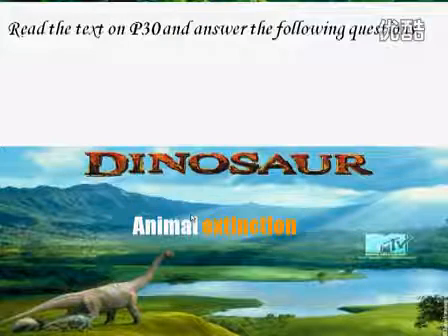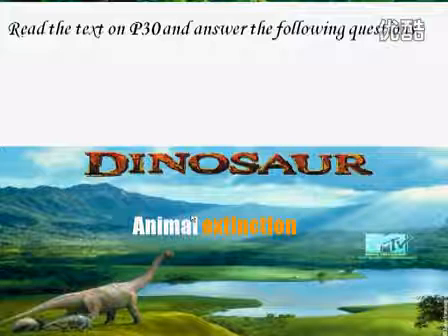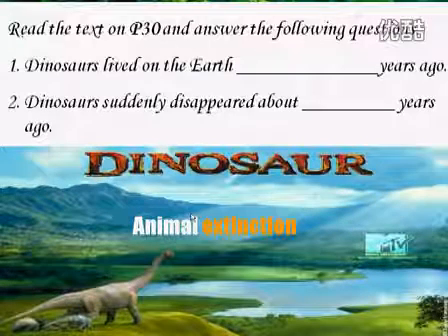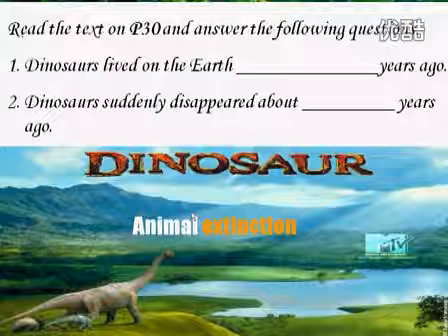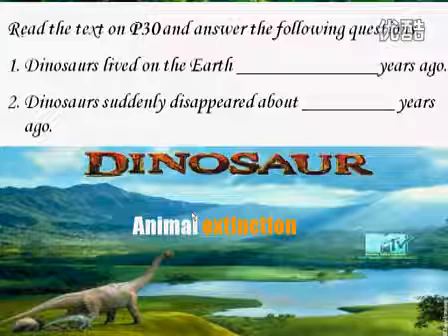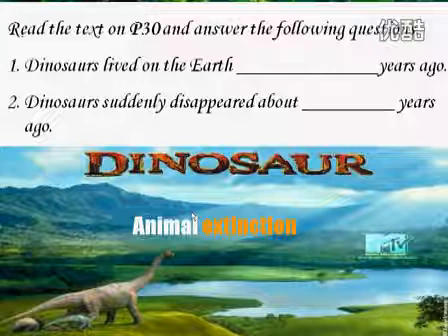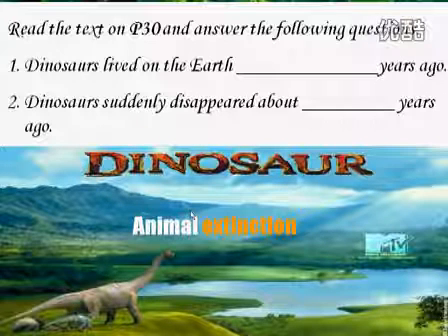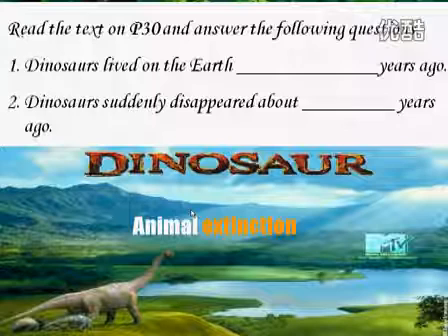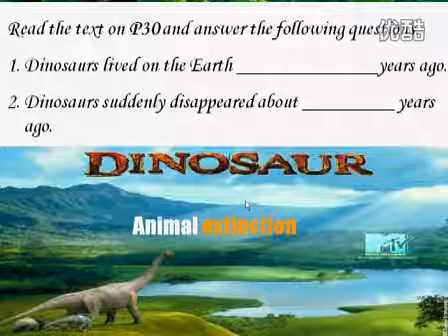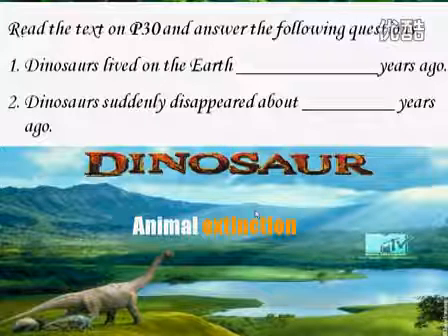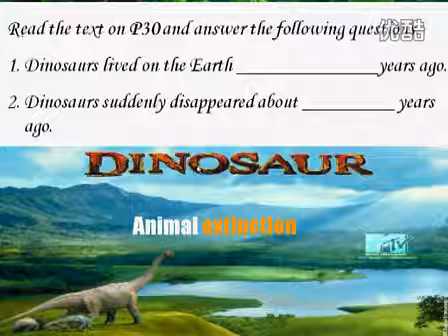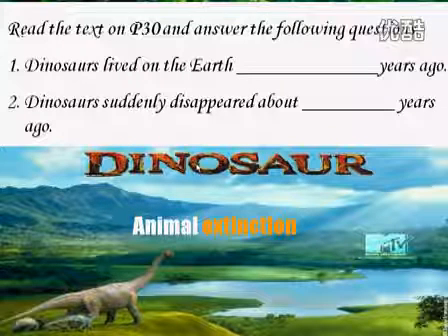Well, please read the text on page 30 and answer the following questions. There are two questions here. The first one, dinosaurs lived on the earth years ago. Yeah, you give me a number, give me a year. And second, dinosaurs suddenly disappeared about years ago. Yeah, two questions. You just focus on the number. 好，我们在回答这种题的时候，一看问的是年代，问的是数字，那么读的过程当中要迅速的锁定含有数字的段落，所以这样子读起来会很快的。